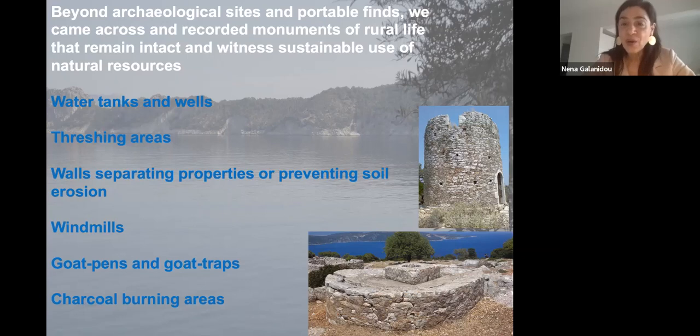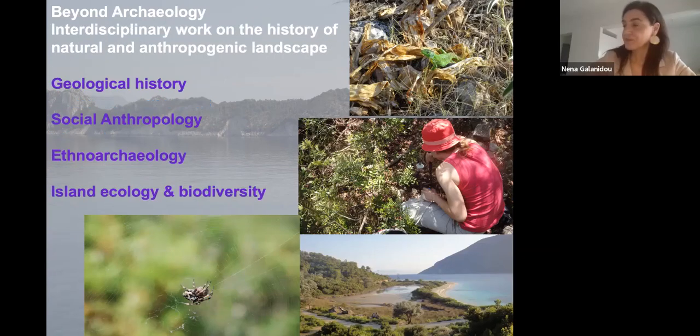also came across and recorded monuments of rural life that remain intact and witness sustainable use of natural resources. We recorded water tanks and wells, threshing areas, walls separating properties, or more importantly, preventing soil erosion, windmills, goat pens, and charcoal burning areas. Beyond archaeology, interdisciplinary work was